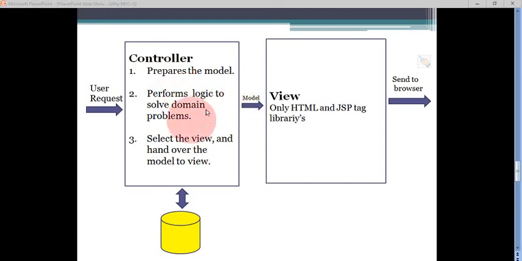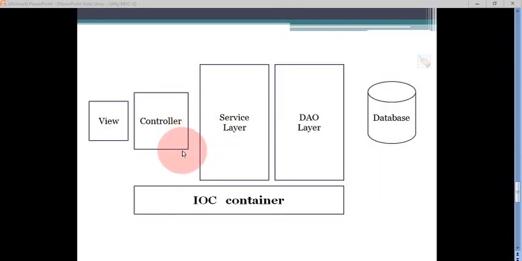As we have discussed, the controller has thickened a lot because there are a lot of responsibilities on it. What is done in Spring MVC is that this controller is further divided into two layers, like we are using a layered architecture. Whenever the request reaches the controller, all the logic to solve the domain problems is there in the controller.